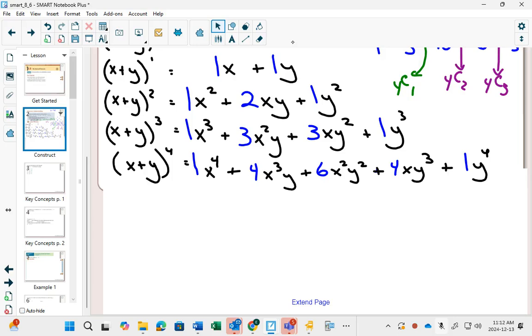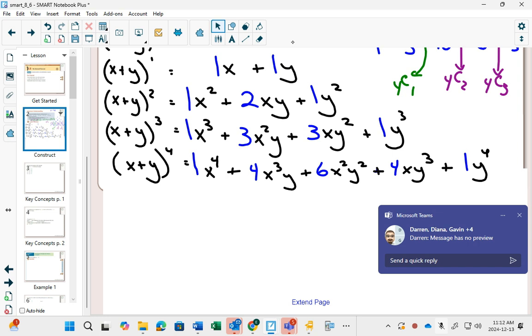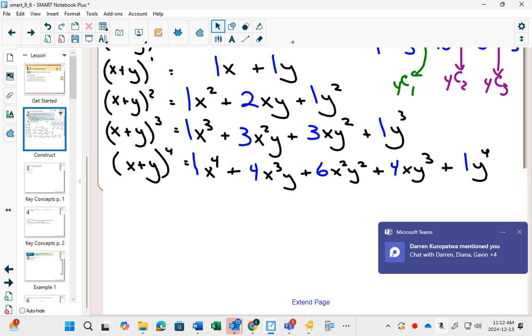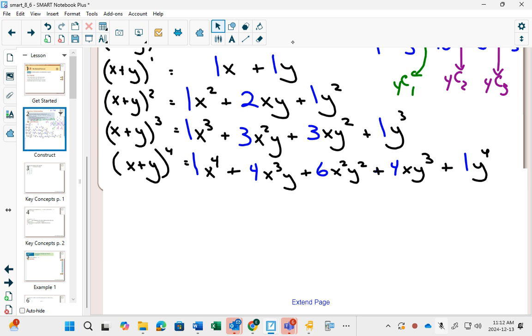How did you do? Are you noticing Pascal's triangle is showing up? Kind of made that obvious because I made it in blue. Sorry about that. You notice the pattern in the exponents. That when the exponent is 4, you start with an x to the 4. And then each time the x's go down by 1 until there's none left. And you start with 0 y's, and each time the y's go up by 1 until you get to y